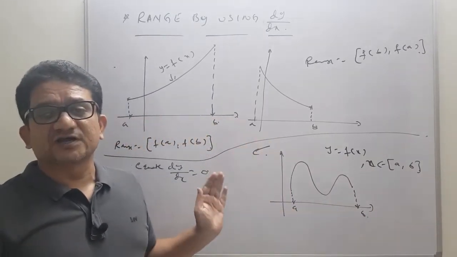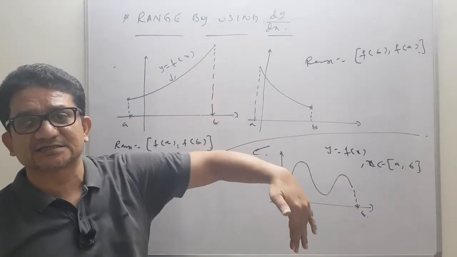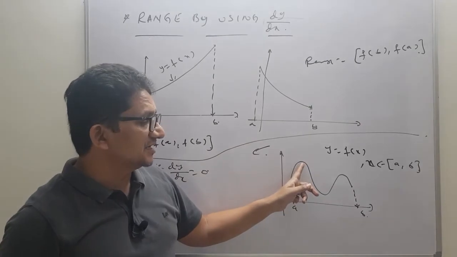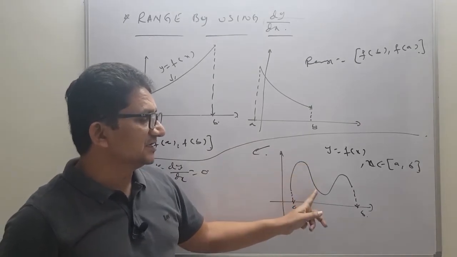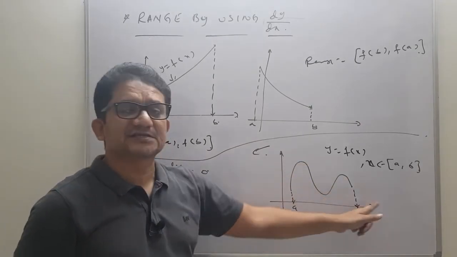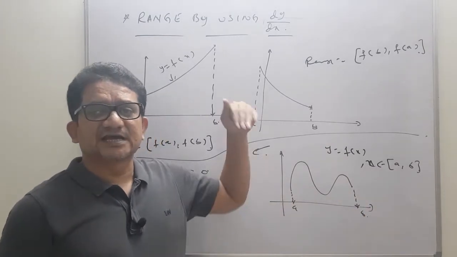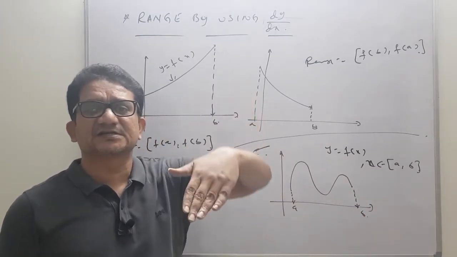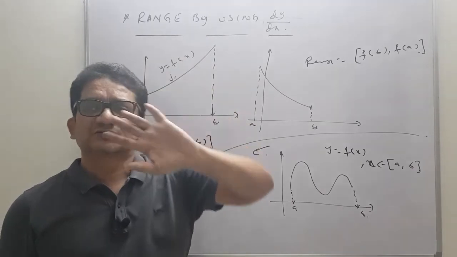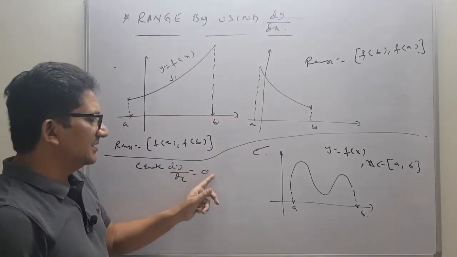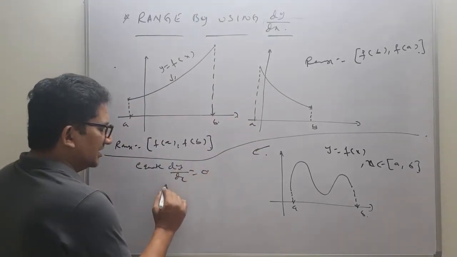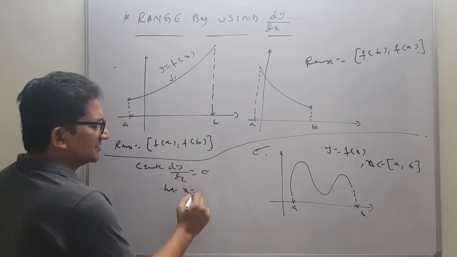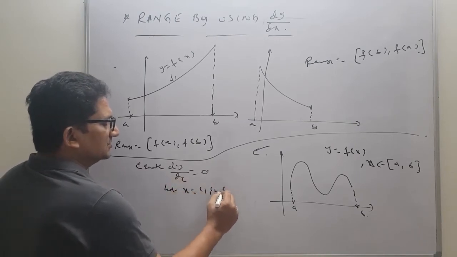We know that if the function is increasing and then decreasing, then at this turning point, if you draw a tangent, the tangent is parallel to the x-axis. So the function is neither increasing nor decreasing, which means compulsorily it will have slopes like this type. So that's why you take dy by dx equals 0, and by taking this one, you will get some x values as c1, c2, c3 and so on.